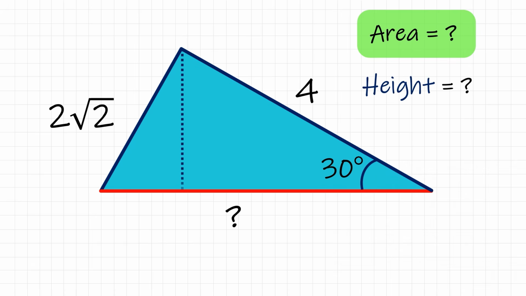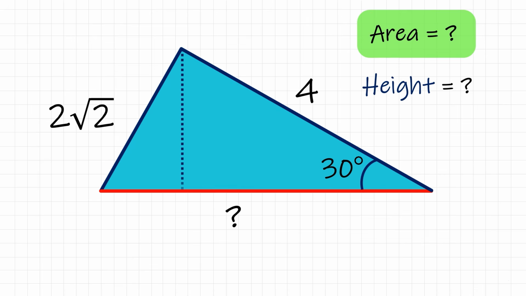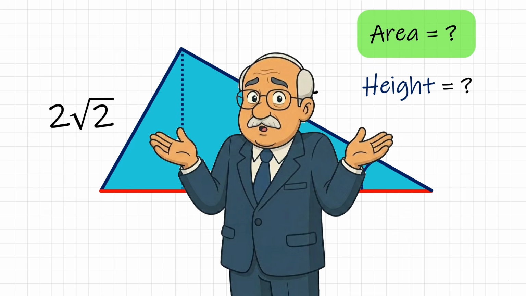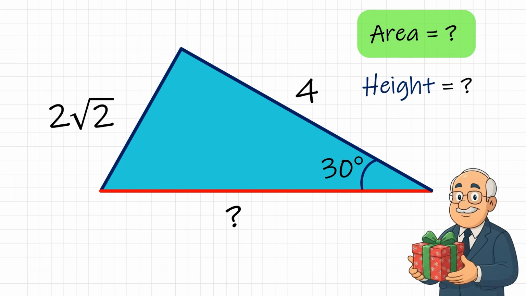To find the area of any triangle, we need 2 vital pieces of information: the length of the flat base at the bottom and the total height. Currently, we have neither of those measurements. The height is the straight vertical drop from the very top, which is also completely unknown, but we do have that beautiful 30-degree angle. In geometry, an angle like 30 degrees is a wonderful gift, as long as we know